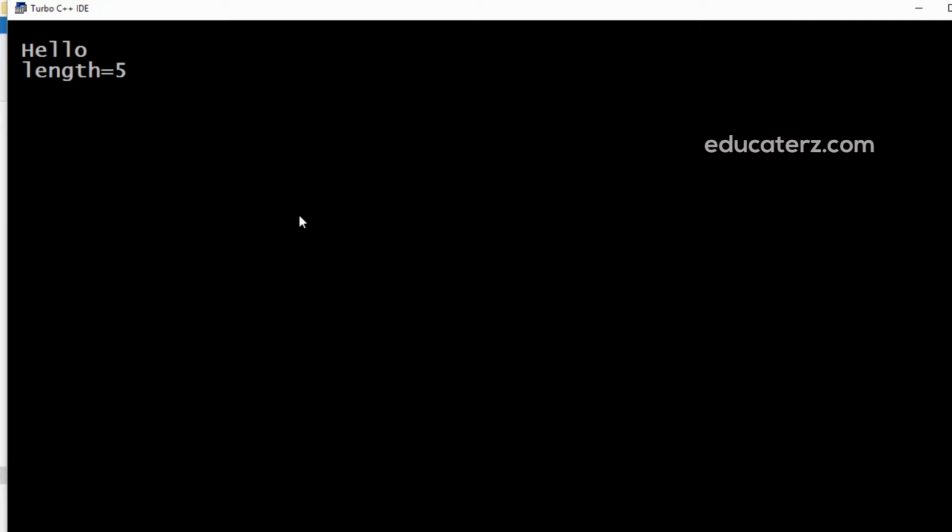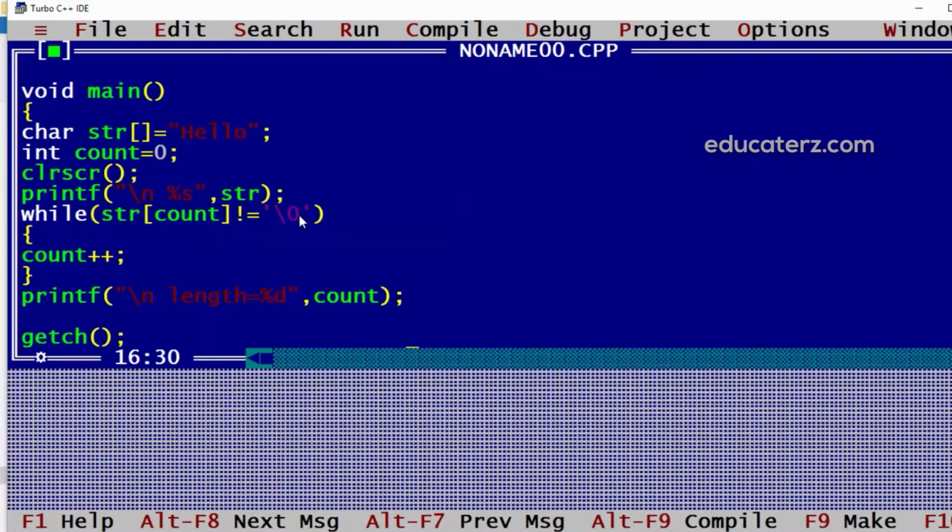Now you can see here length 5 is displayed. So this way we can take the help of this concept that a string ends with \0 to find out the length and work with the string.